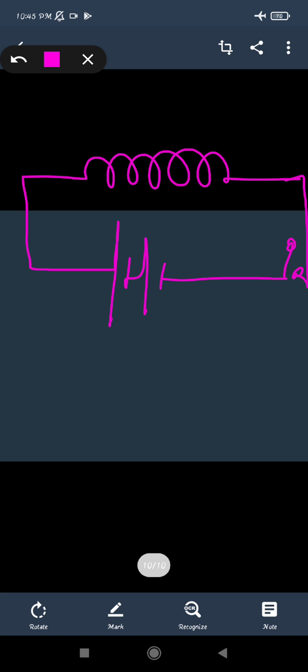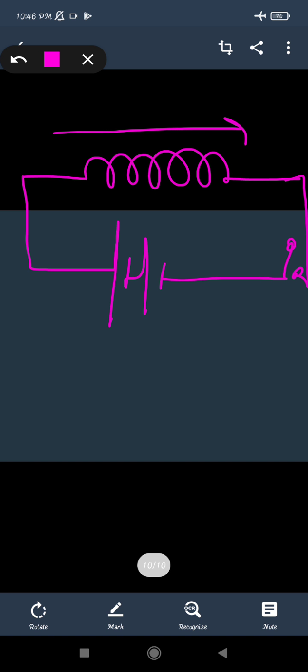Now when we open it, the induced current will be in this direction. So they are trying to induce the current, but it opposes the EMF induced in the coil. Now we are applying the external battery, right? So the current comes through this battery and there will be a change in the magnetic flux. Now it will try to oppose the EMF, and this induction of EMF in the coil due to its own effect is taken as self-inductance.